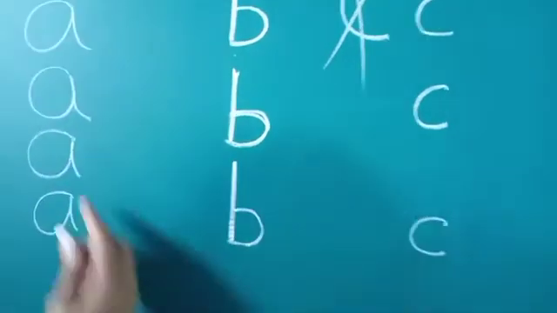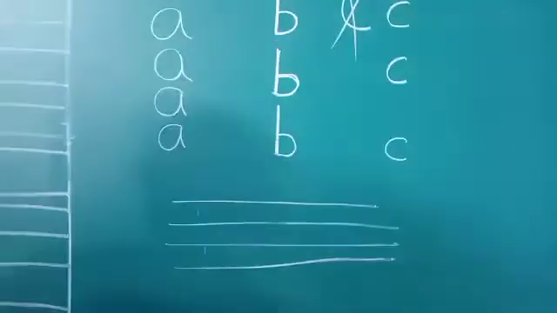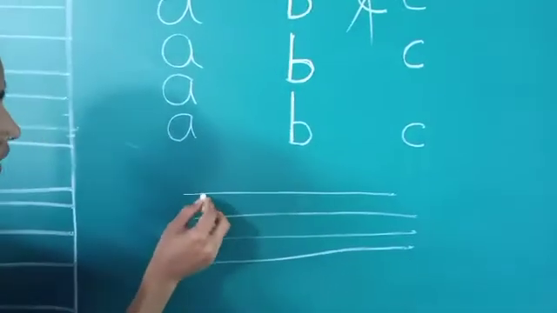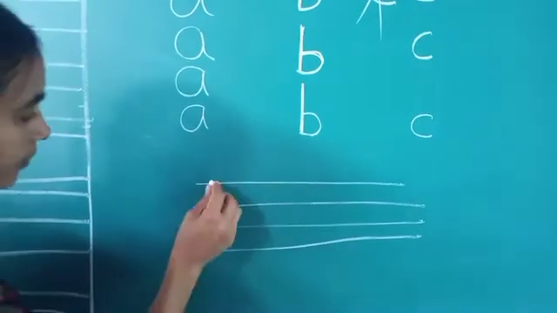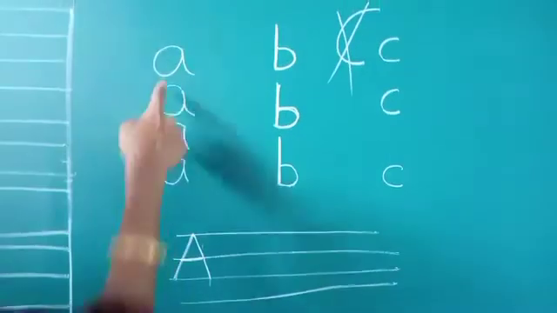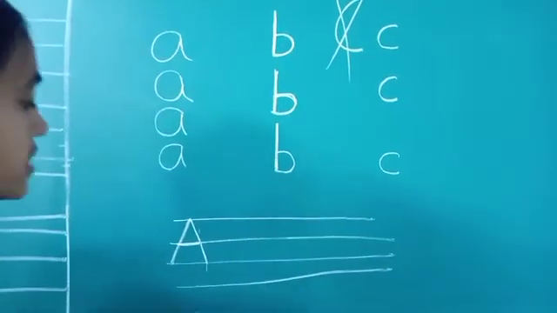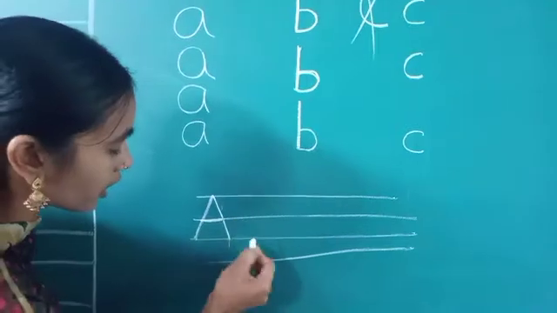Small a how? Here see 4 lines. How to write 4 lines? Small a, small b, small c. Here see capital letters 1, 2, 3. 3 lines we have to write. Here to here. Capital A. Yes, 3 lines, no? But small a, how many lines you have to write? Here see second line. 1, 2, 3. Second line to third line.